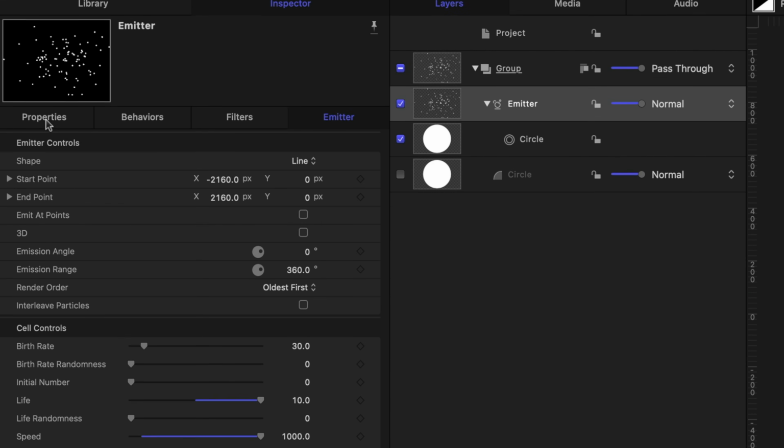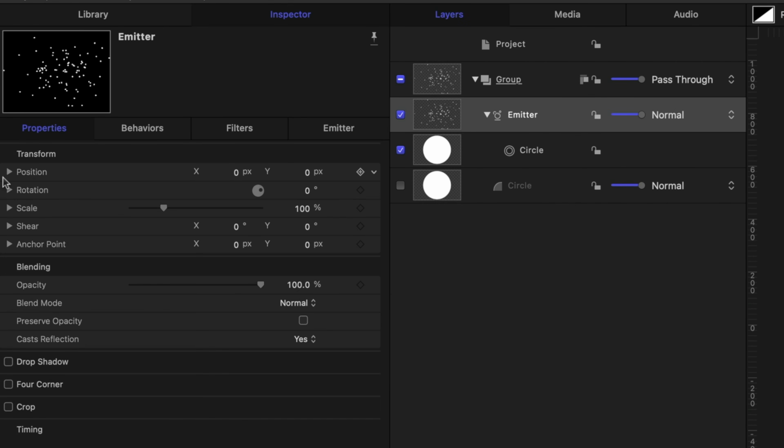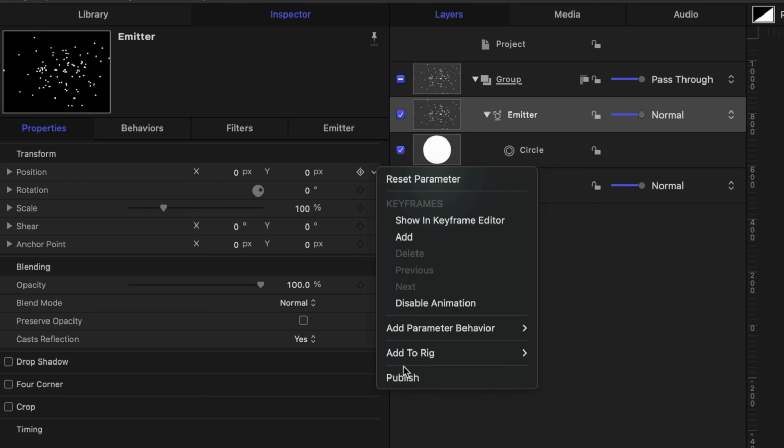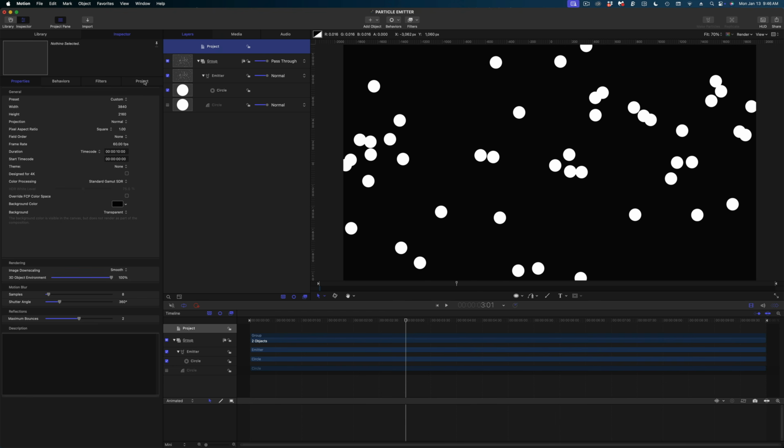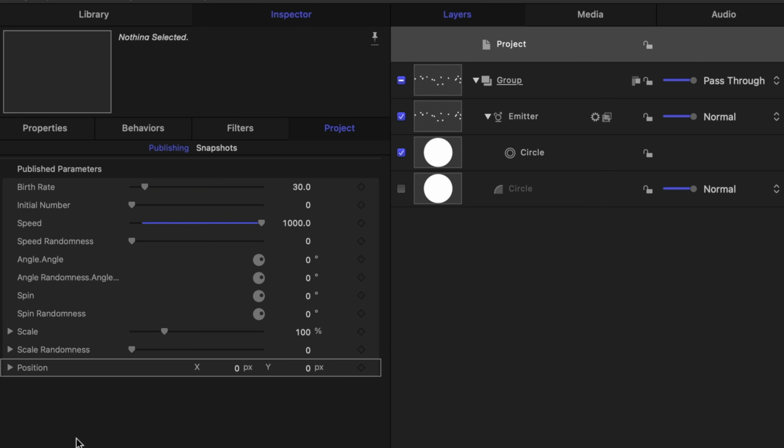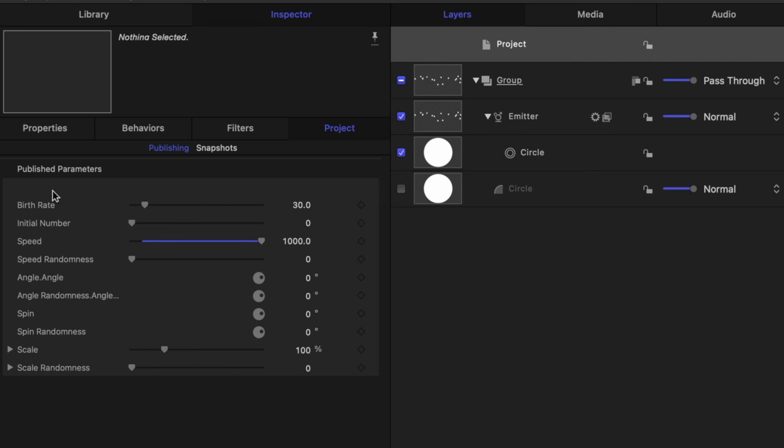Let's go back to the properties tab. And I also know that I'm going to want to be able to change the position of my emitter, so I'm going to publish that as well. Now let's select project in our project pane, head on over to the project tab, and I want to drag the position parameter to the top. So this is the order in which all of these settings will appear when we publish this generator to Final